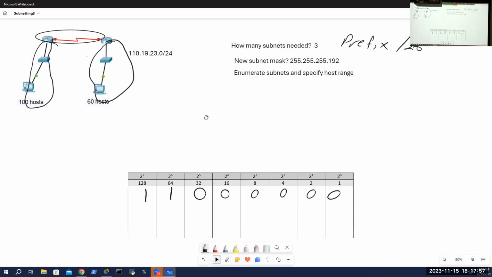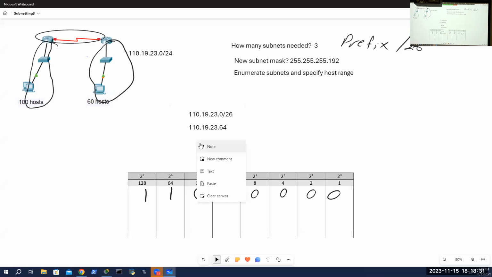All right, so let's just enumerate our subnets. Our first subnet is going to be 10.19.23.0. And our next one will be 10.19.23.64. And our next one,